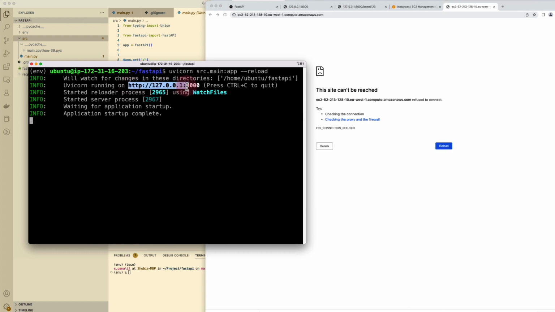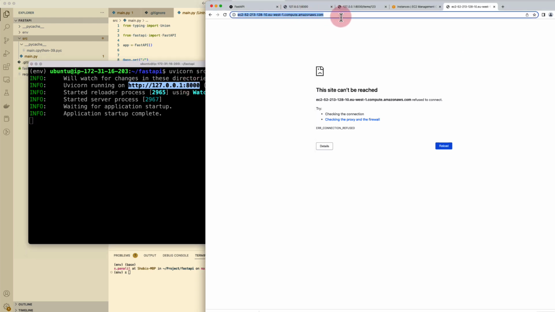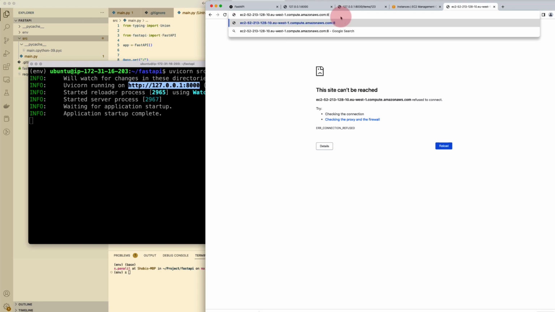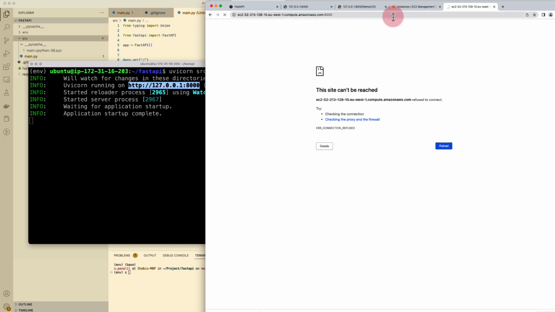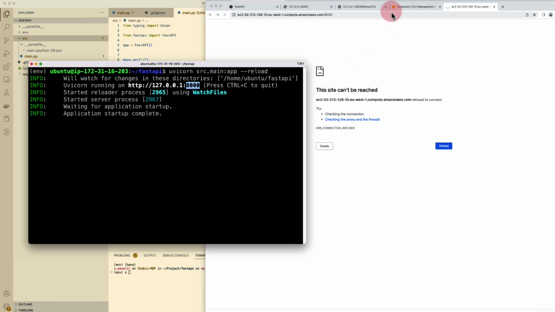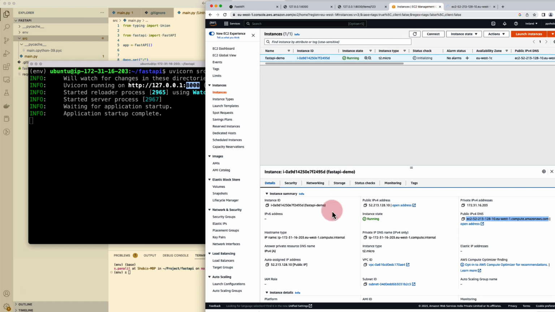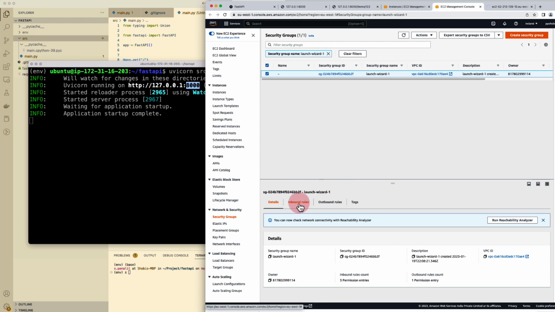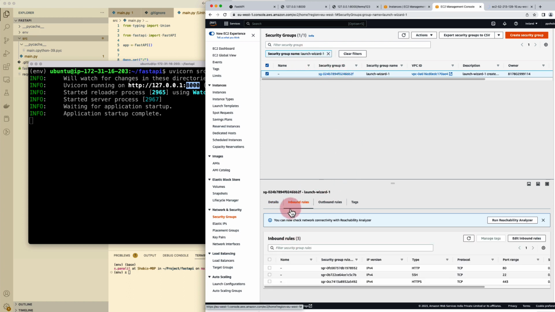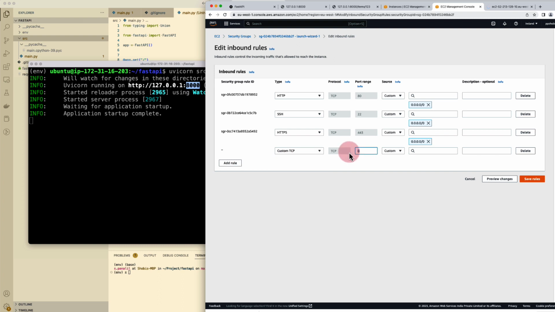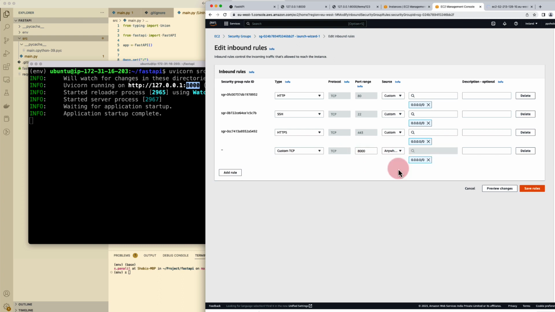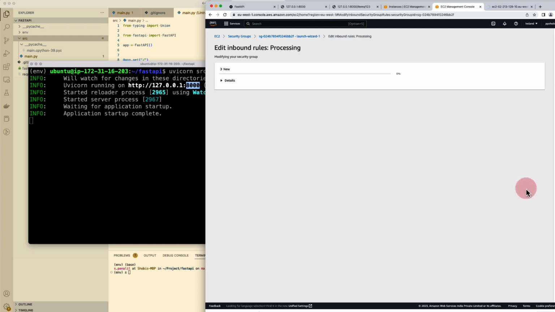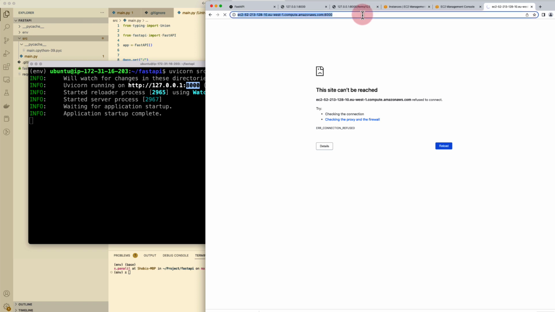Right now, you can see it's running on port 8000, and our application cannot be reached on 8000. There are two reasons. First of all, the AWS security group doesn't allow access to port 8000. Let's fix that first. This is the first step. Let's go to instances here, and then you can see the security. You can see only ports 80 and 443 are allowed, and this is configured in this security group. We are inside the security group now, and then click on inbound rules, and then let's click on edit inbound rules, add a new rule, port 8000, and allow from anywhere,